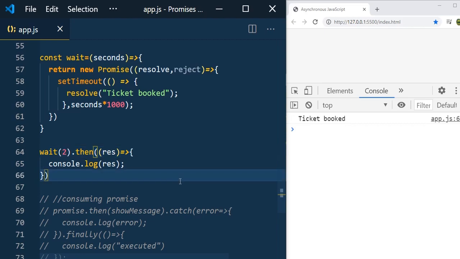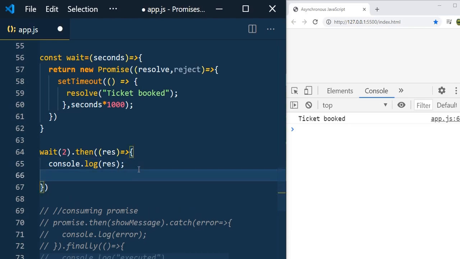In our last session, we have seen that if you want to make another call using XMLHttpRequest after receiving the first call result, then we need to write another callback function inside the first callback function. We can avoid it by using the promises. So how can you do that? Here I am going to make another call, return and call wait, and here I pass 2 seconds, and here let me pass 1 second, and here I mention after 1 second.